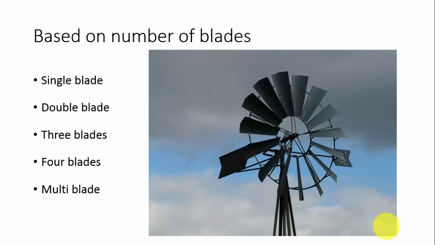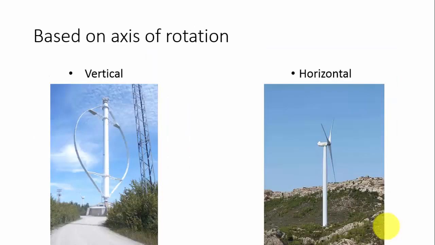That's why we limit it in most cases to 3 blades, since it doesn't improve the efficiency that much, but the weight of the system and the cost of the system will increase if you go with a higher number of blades. So in general we prefer a 3 blade setup in most cases. And based on the axis of rotation, we can see two types of turbines. One is the vertical axis turbine and another one is the horizontal axis turbine. This is classified based on the rotational axis.